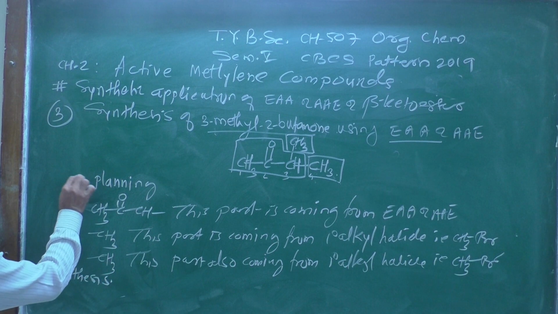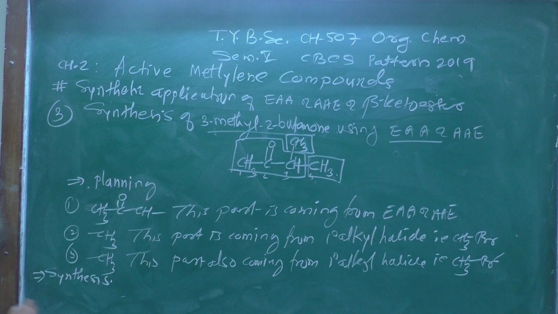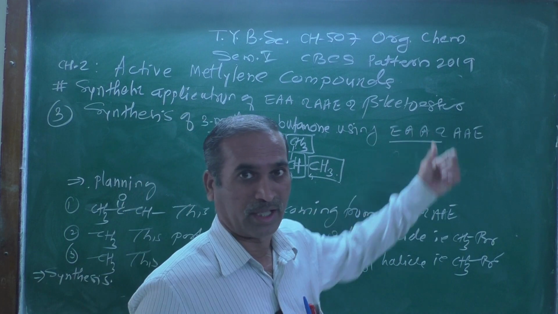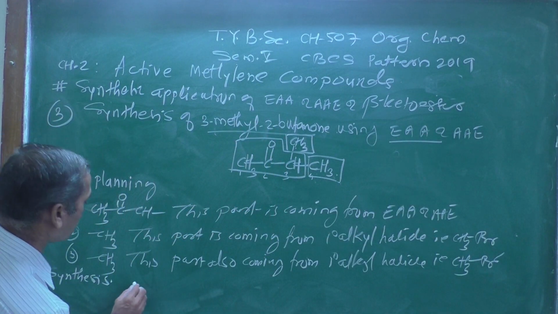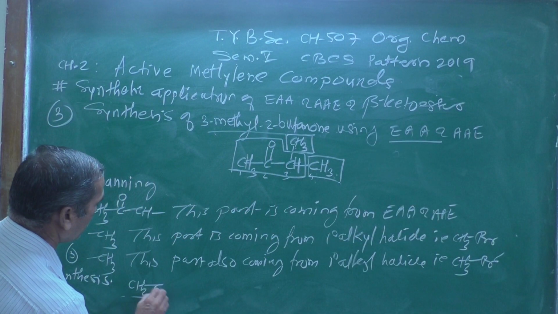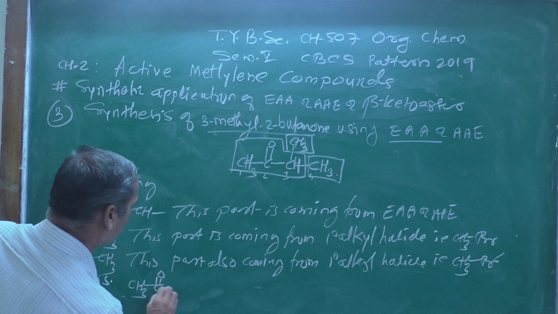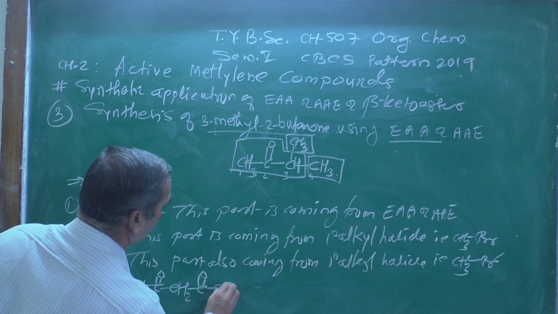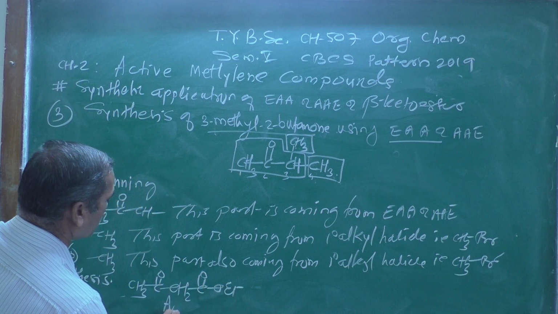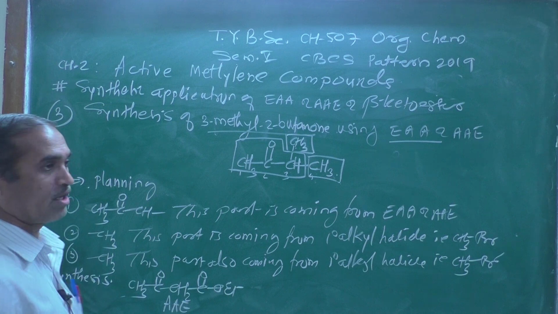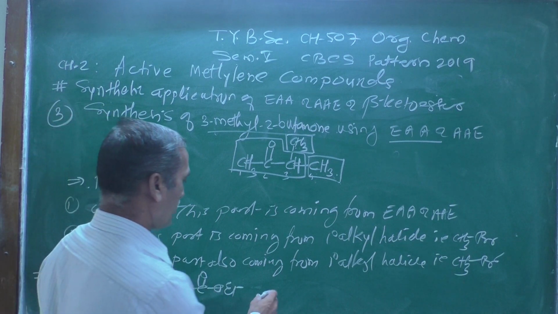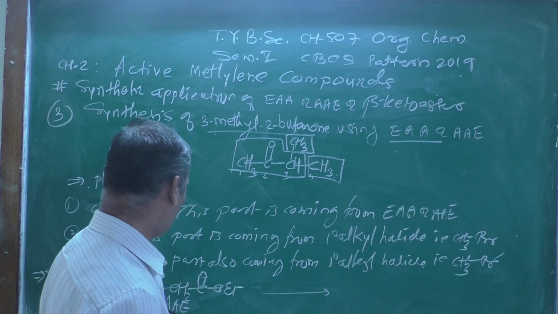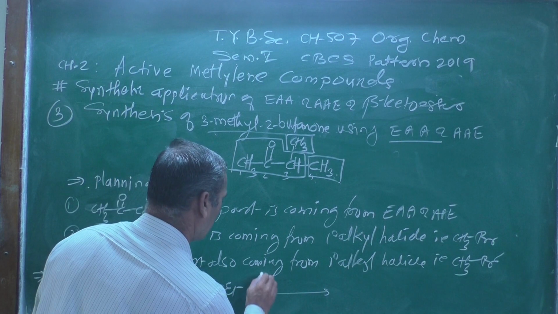Synthesis, this is the first plan, this is the second point. In this synthesis, they have given the starting material here, which is CH3 C double bond O, then CH2 C double bond O OEt, which is acetoacetic ester or ethyl acetoacetate. And as usual, you can treat this with sodium